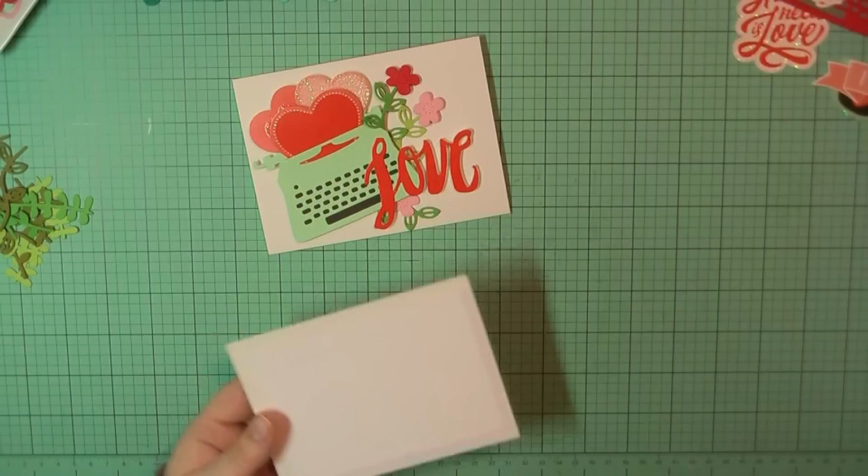I cut out the typewriter from Paper Tray Ink Aqua Mist and then backed that again with that smoky shadow. I went ahead and grabbed some of the ephemera pieces, and I thought it would be cute to have the heart coming out of the typewriter. So I first added that red heart and then thought it needed a little something more. So I've added the two lighter pink colors behind it, and I have all of those popped up on the